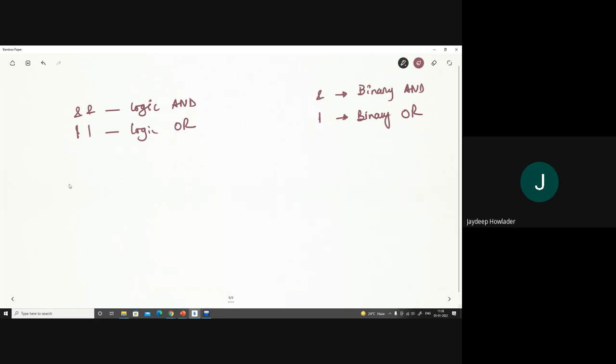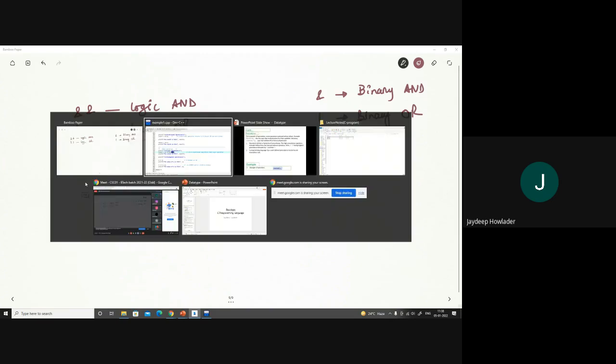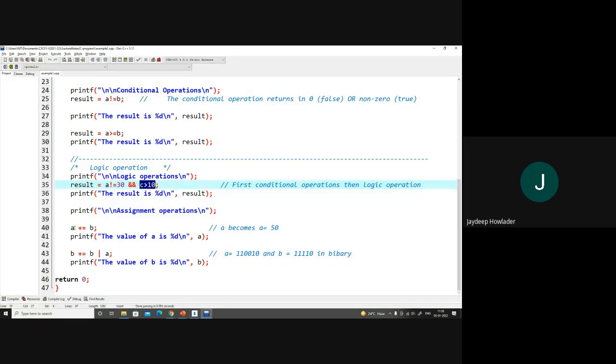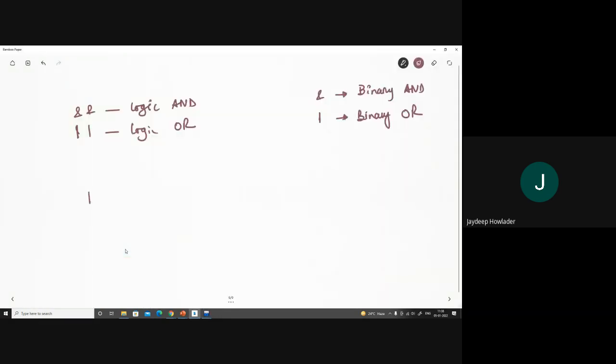Say, just take an example. We take the final example. So what is the meaning of these things? I am performing B += B | A. That means, the value of B is how much? It is 30. The value of A is 50.